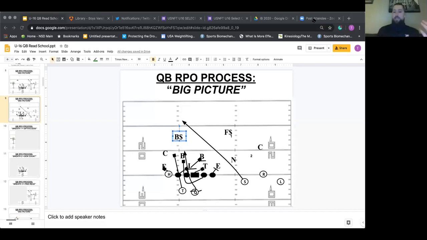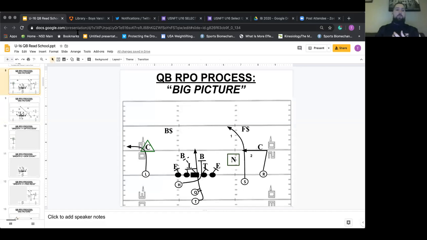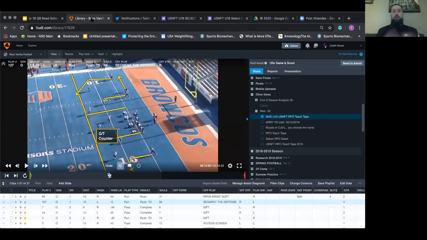Whichever number 2 has the bender. So if we're in 3x1, right? If we're in 3x1, if we're in 2x2, whatever, whoever is running the bender, he's got to get 2 yards inside that safety. Yes, correct. And that doesn't matter if you're in 2x2 open. You got your bender coming from the boundary. You got your bender coming from the field. 3x1, where number 3 is running to the opposite hash, and number 2 now has to make that adjustment off of the field safety. Yes, 2 yards inside the safety to the side of the bender.